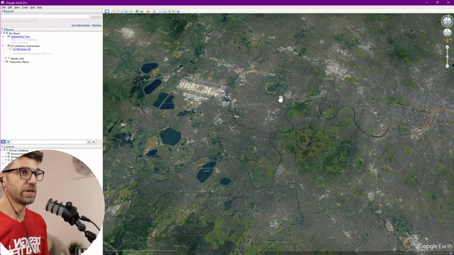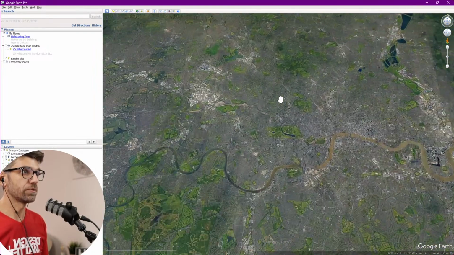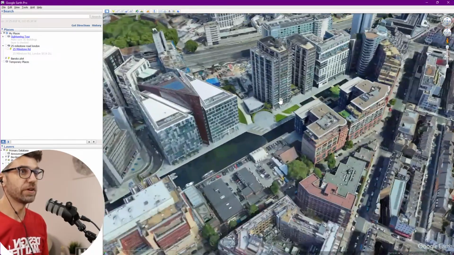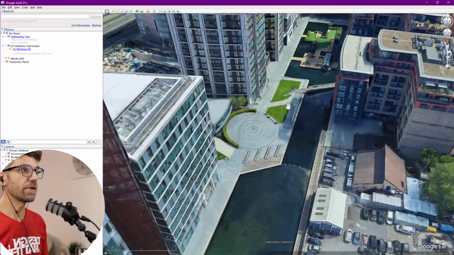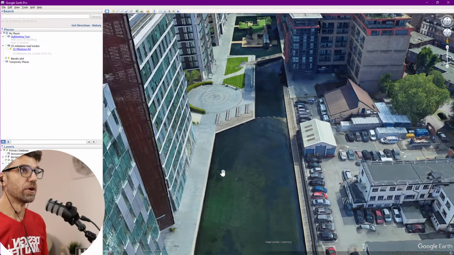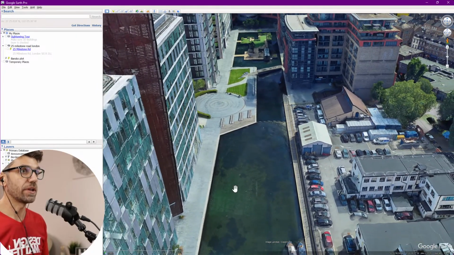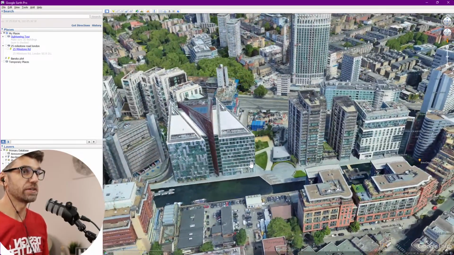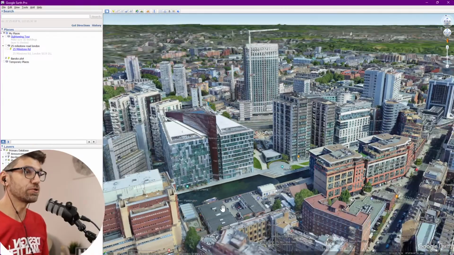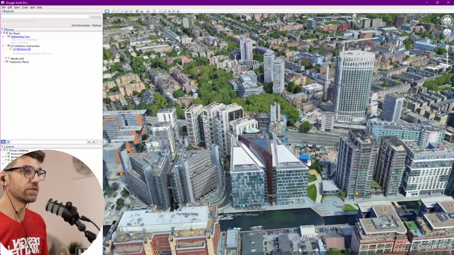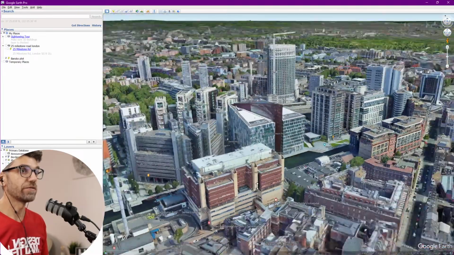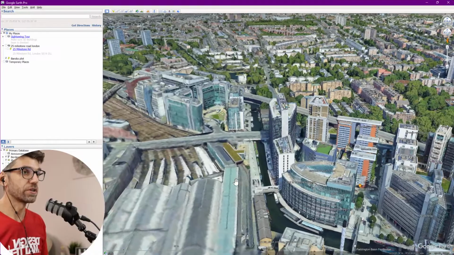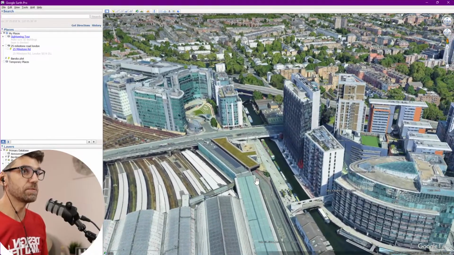So, and I've explored it because it's really beautiful actually in there. Okay, so going back into it, and you can see the public realm over here is all really nice. So this is a master plan that has been going on for quite a bit of time, and it's an excellent experience. This used to be industrial land, so it was at the edge of town, so you had a lot of Victorian factories. They had access to water before trucks and automobiles and all of that, and it just keeps growing,